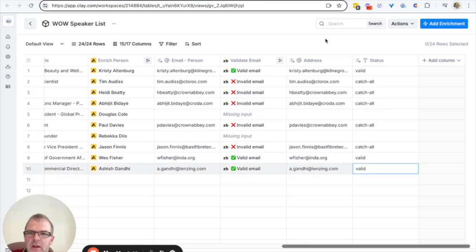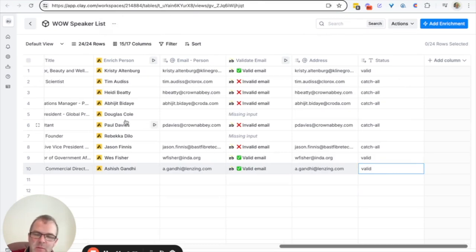Okay, so there you can get an idea of how you would scrape, for example, a speaker list, pull it in, map it all up, then try and get the email addresses using Apollo. Of course, Apollo is just one data source. You can do a waterfall and run it through multiple things. Everyone can have a crack at it. And then, of course, you would